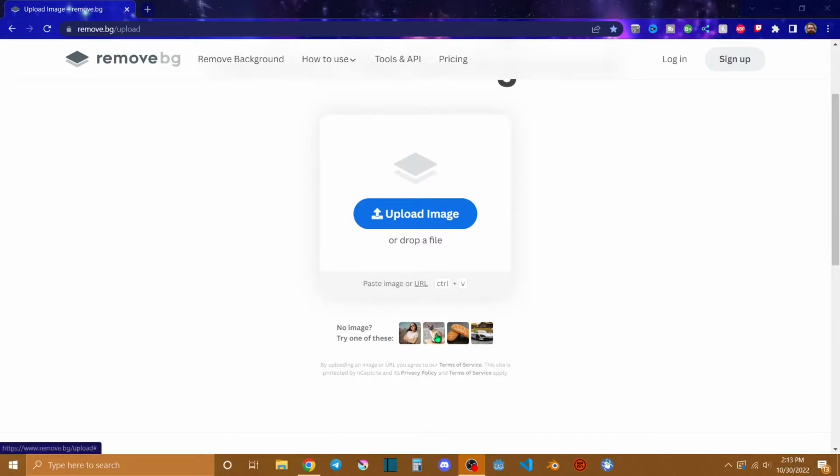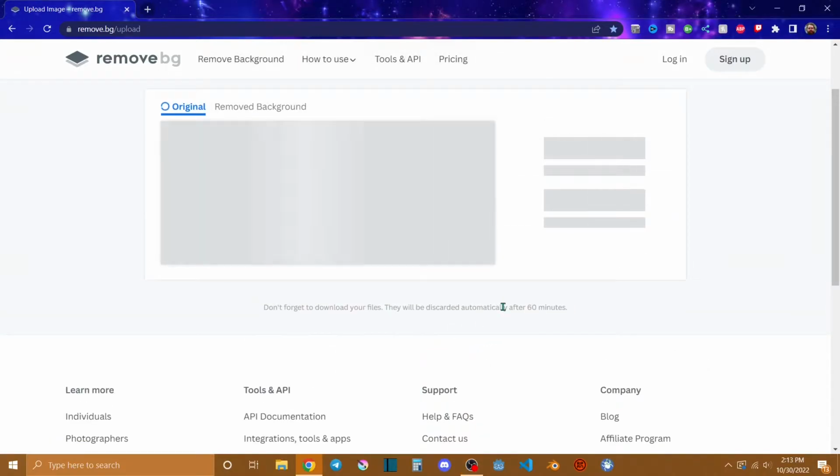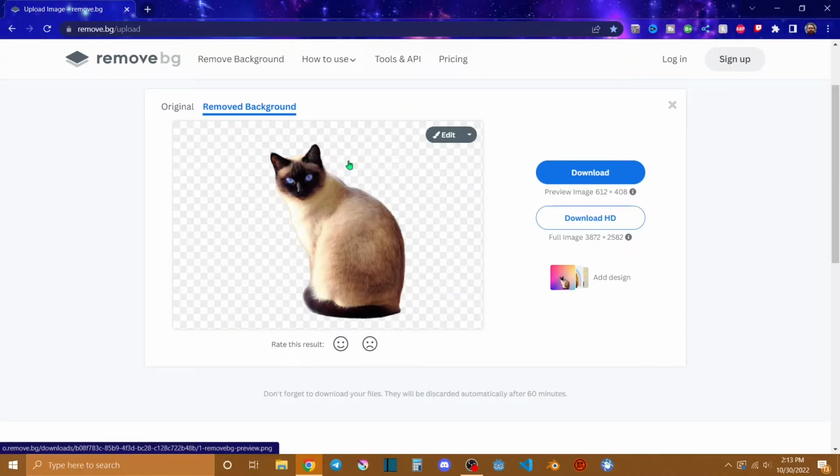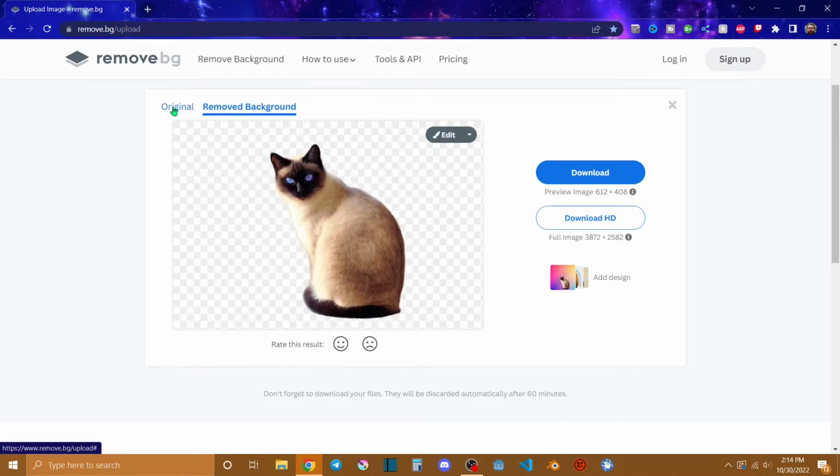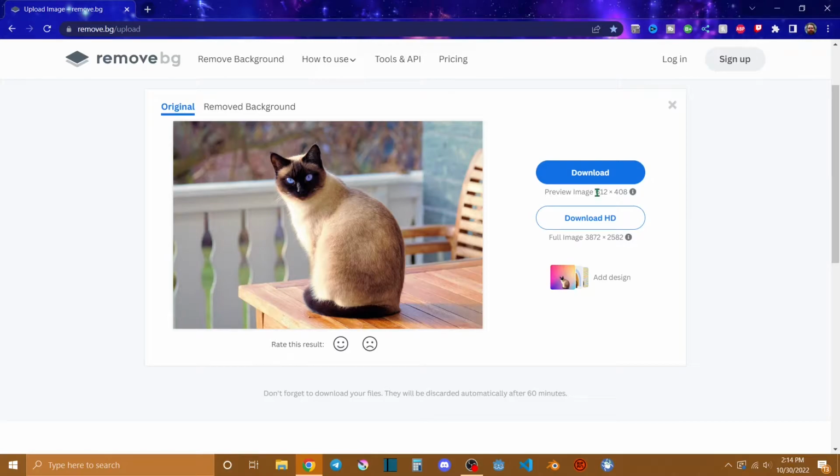You can try this one with the cat. Here's the cat with the background removed, and here's the original. So what it does is remove the background of an image and keep the subject that you need. That's how it works here. You can download it, you can edit it, you can do a lot of things to it for that one